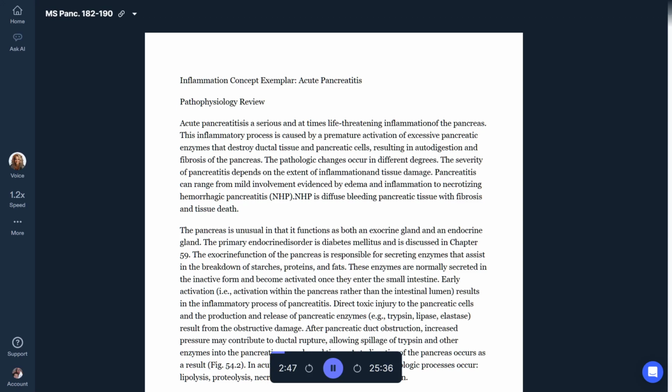Multisystem organ failure is caused by necrotizing hemorrhagic pancreatitis. The patient is at risk for acute respiratory distress syndrome. This severe form of pulmonary edema is caused by disruption of the alveolar capillary membrane and is a serious complication of acute pancreatitis. In acute pancreatitis, pulmonary failure accounts for more than half of all deaths that occur in the first week of the disease. Coagulation defects are another major potential complication and may result in death.